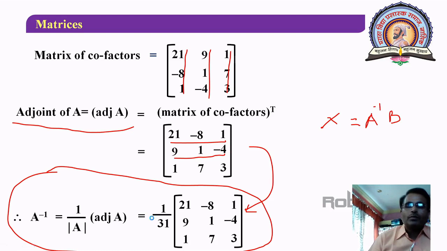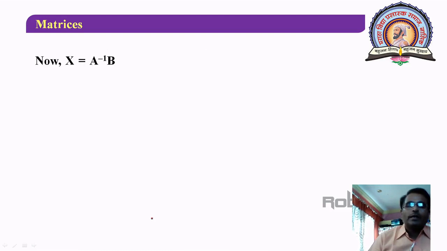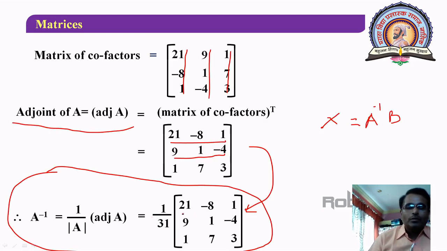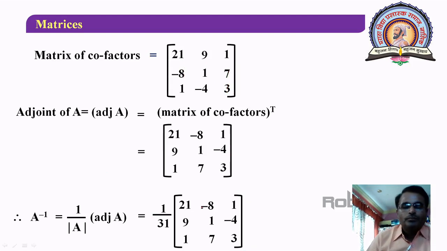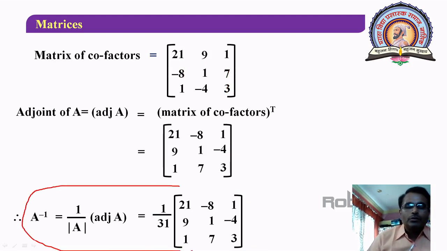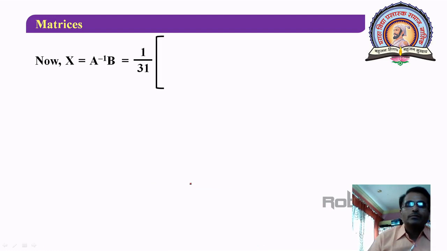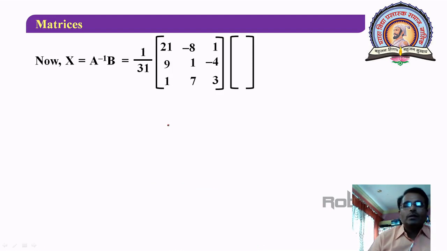So next step we have to consider the solution. So x is equal to A inverse into B. So this is your inverse which we have just seen in the previous step. Okay. So this inverse is used as it is in the next slide to find the solution of the system of equations. So this is your inverse, and into matrix B we have seen earlier that the right hand side constants are 3 4 0. So they are coming here 3 4 0.